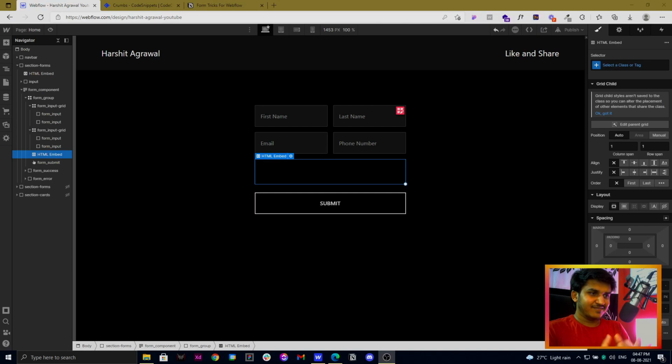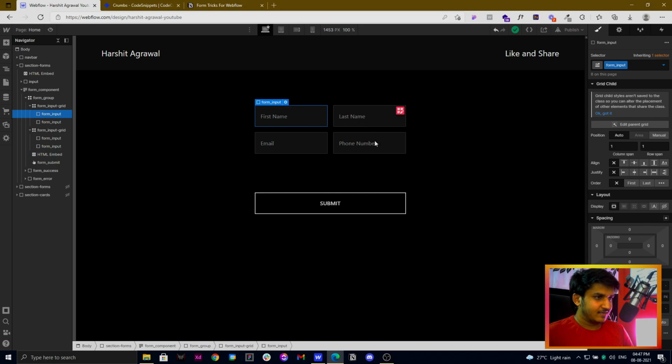So we are right inside our Webflow designer. The very first date picker that we are going to see is a simple HTML date picker. Yes, we can actually create date pickers using HTML, and then we will try to style it using simple CSS. Whenever we are creating a field, we need to keep three things in mind that are really important.